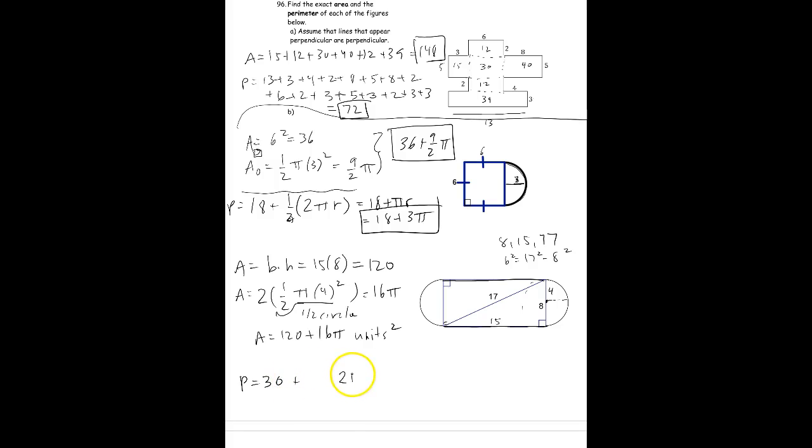So circumference of a circle is 2 pi r. We're only using half of it though, so I'm going to multiply it by a half. But then we have 2 of those, so I'm going to multiply it again by 2. And you can see those cancel out, and so we're going to get 30 plus 2 pi r. We know r is 4, so I'm going to put 4 into there, and then we get 30 plus 8 pi units as the final